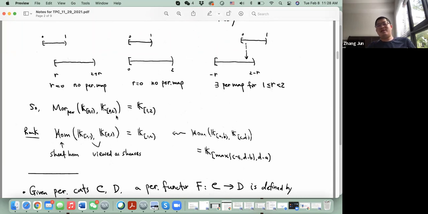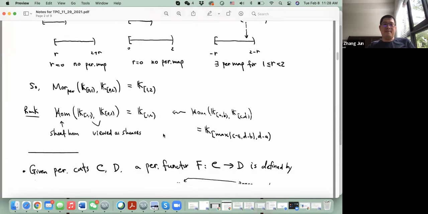Okay, and you can see that from this perspective, the persistent module in some way is related with shifts, right? And indeed, there's a group of people who actually did a very good job in how to translate between the persistent module and shifts. Now, once you have a persistent category, when you have two persistent categories, then the natural way to connect them